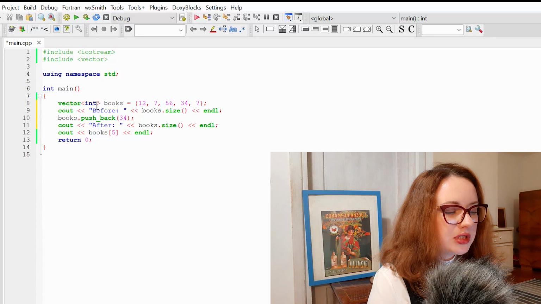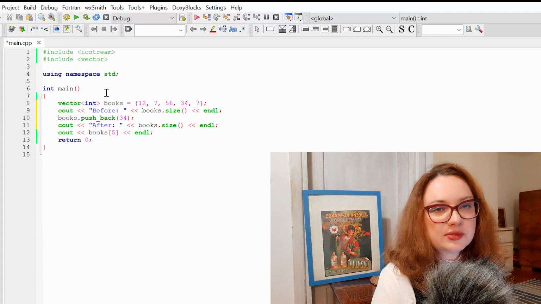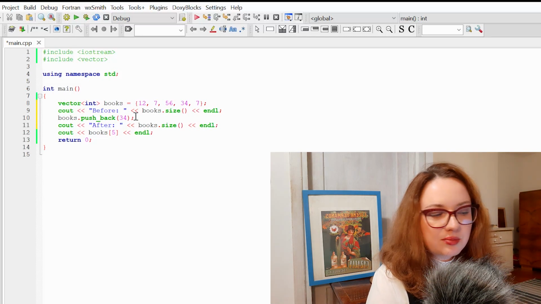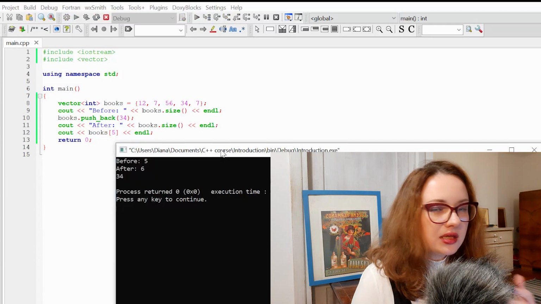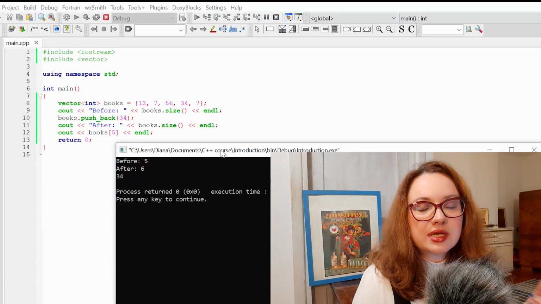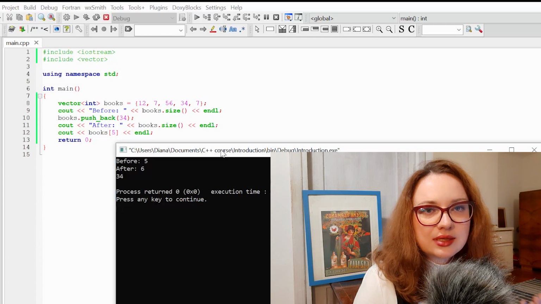So I'm going to check the size of my vector before my changes. You see that I just initialized my vector with 5 integers, so I'm expecting size to be 5. Then I pushed back one more member, and I expect that new size will be 6. And you can see that indeed when we initialized our vector with 5 members, we created vector of 5 integers with the size 5. And after we pushed back one more member, now we have vector with the size 6.